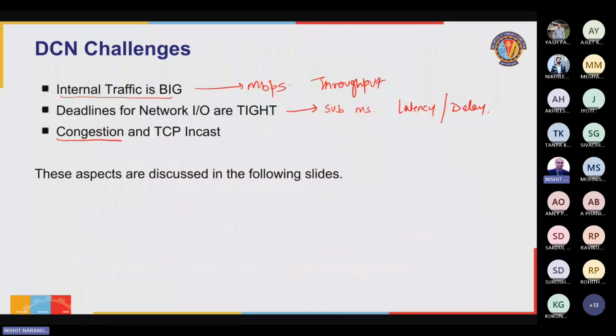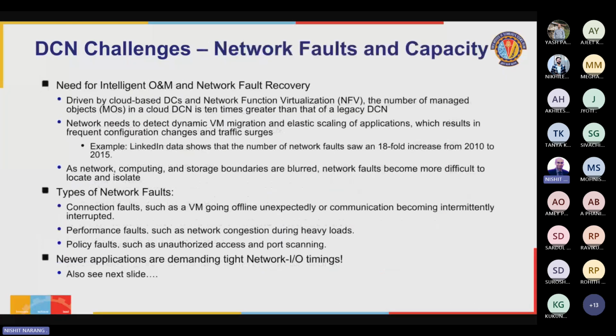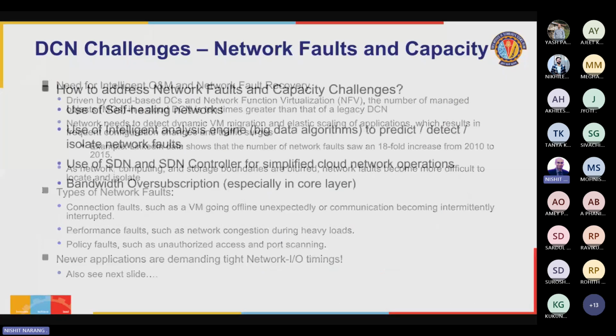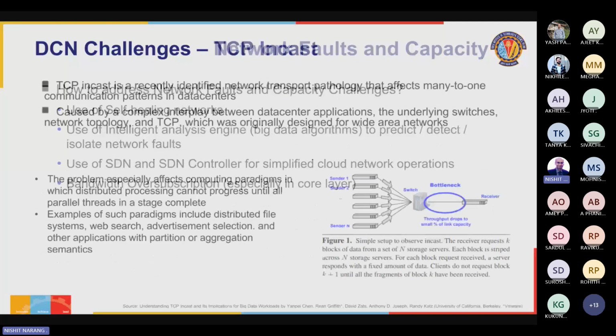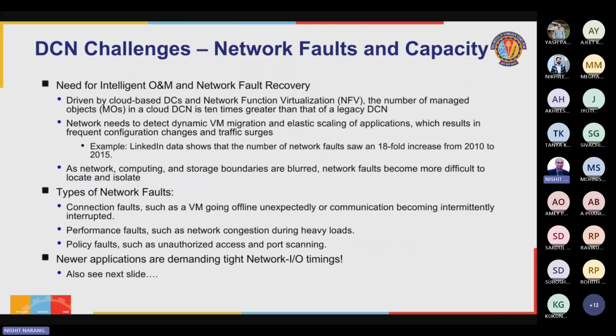Okay, so network traffic is huge. We've talked about it. Deadlines are tight. That I think we've adequately covered. We'll talk about the issue with congestion, network faults, capacity of the network, and then lastly, we'll talk about this issue which we said about TCP incast. So when you have a network, like a data center network in this case, which is handling such a high volume of traffic,